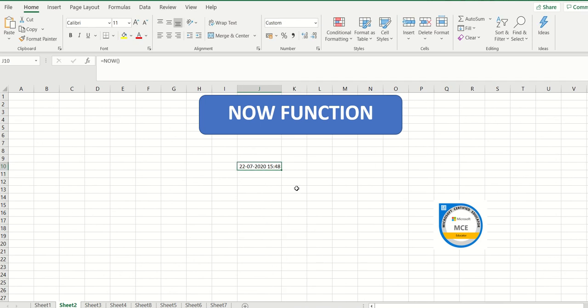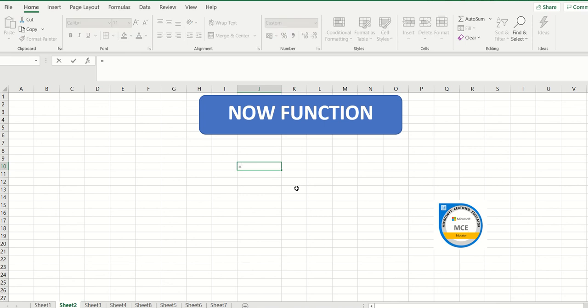So you can see along with the date it is also telling me the time. And one more thing that I have to train you today is that the time is going to be picked from your laptop or from your computer. So please ensure that on your computer and on the laptop your timing is accurate. It needs to be correct, because it is going to pull the time from the clock that you have there. So once again, this NOW function is used in order to get time along with the date.